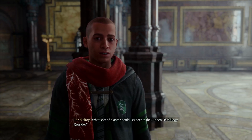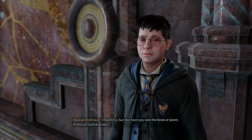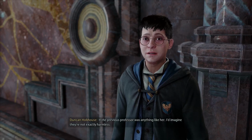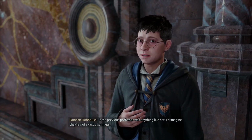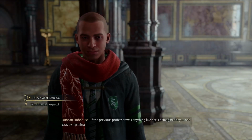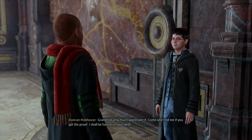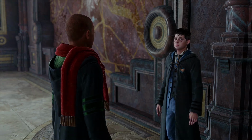What sort of plants should I expect in the hidden herbology corridor? I haven't a clue. But have you seen the kinds of plants Professor Garlic grows? If the previous professor was anything like her, I'd imagine they're not exactly harmless. Very well. If I'm in the area, perhaps I shall take a look. Grand. I'd very much appreciate it. Come and find me if you get...